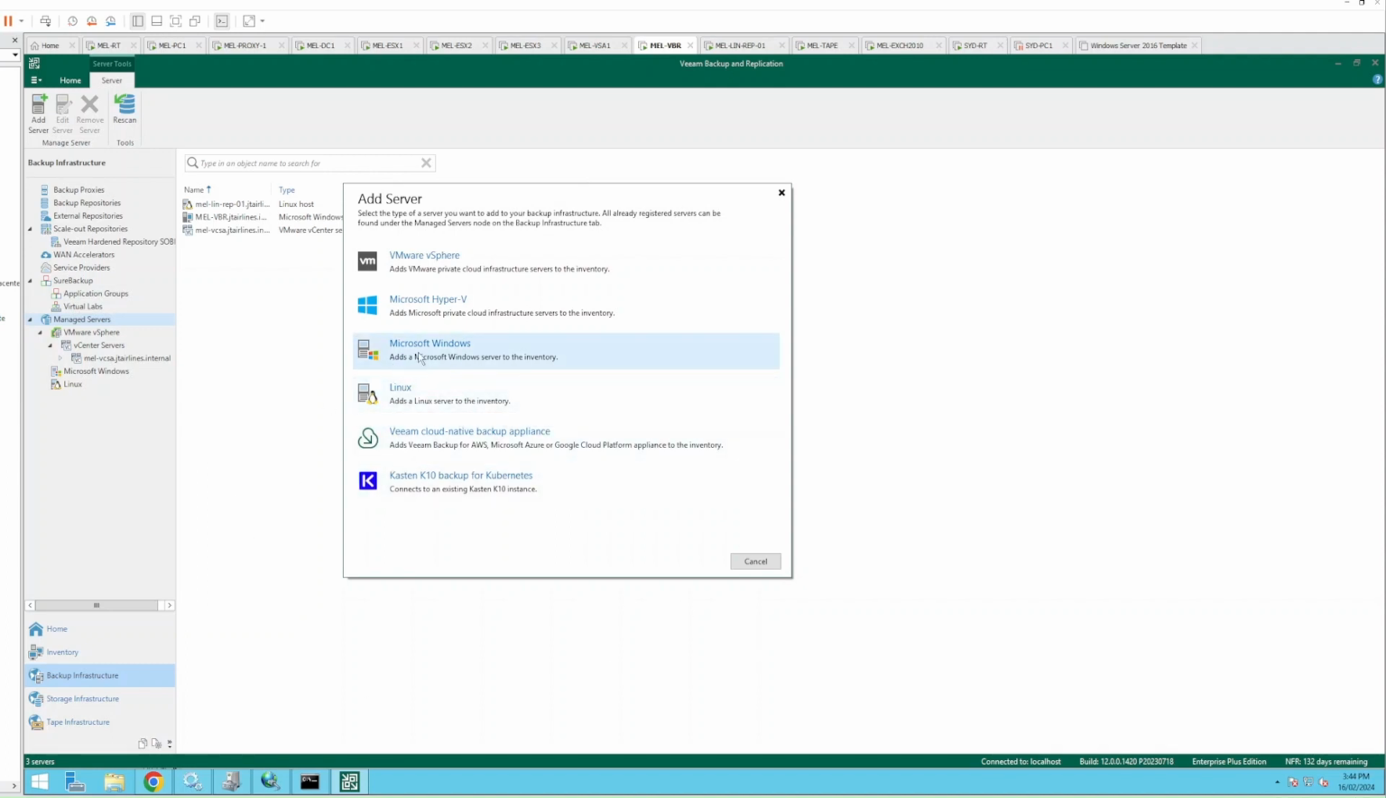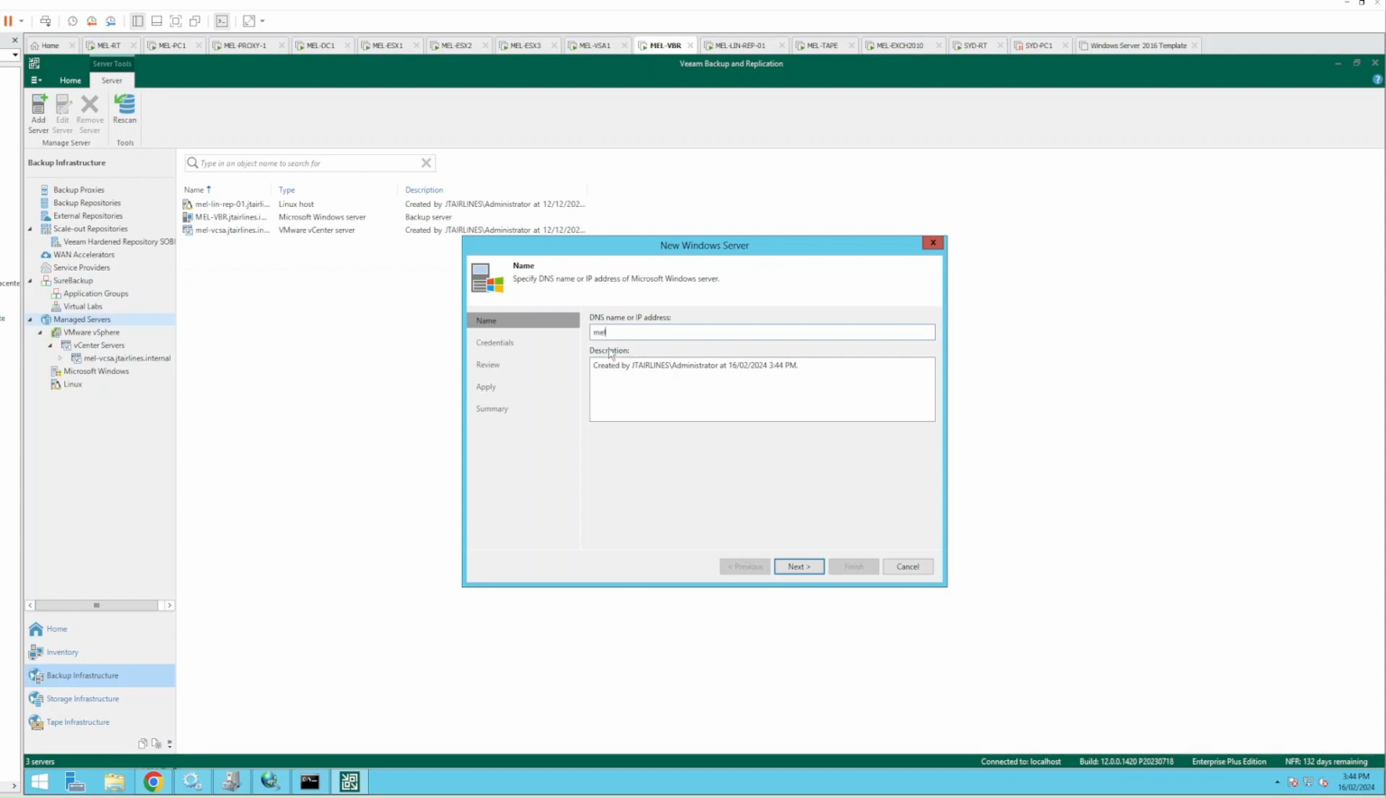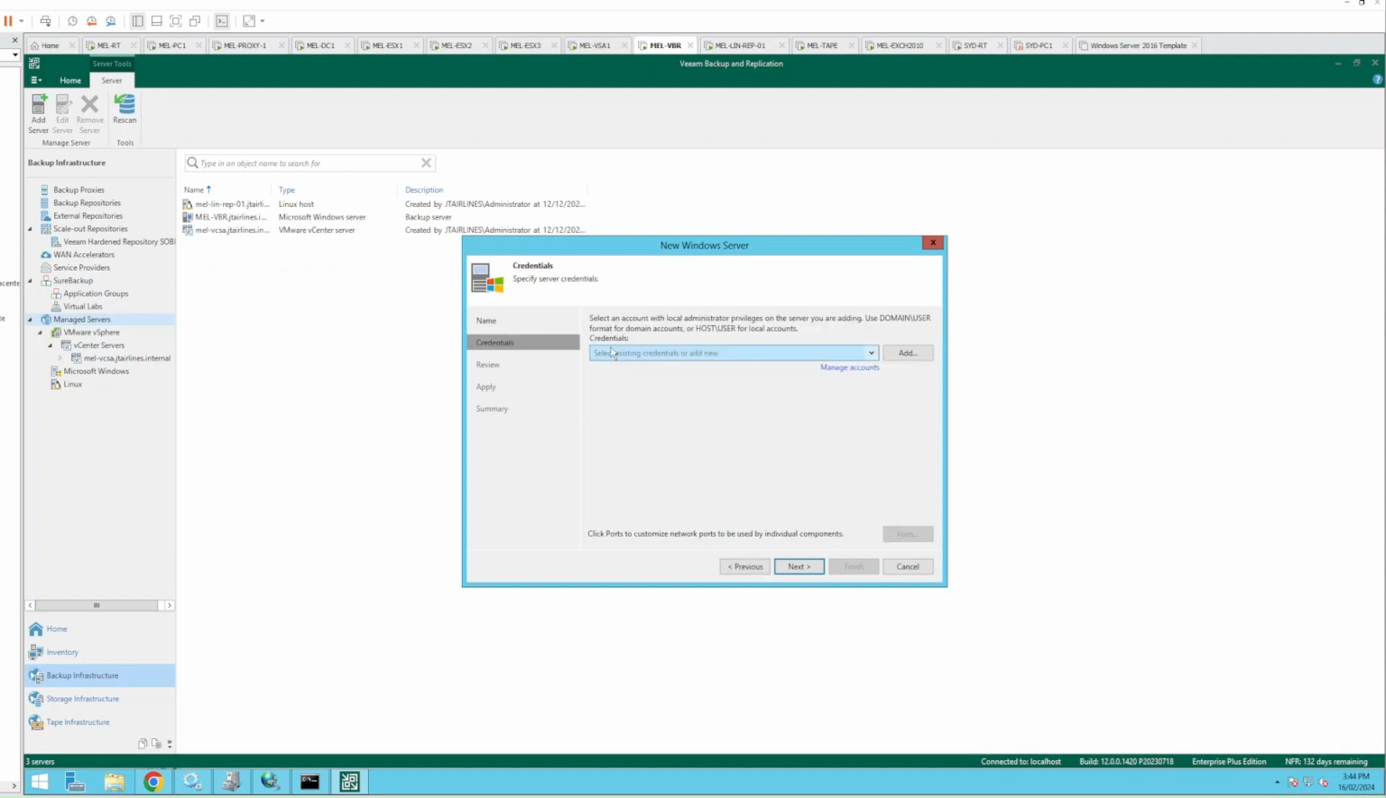So I'm going to add a Windows server, and the server is called mel-proxy-1.jtairlines.internal, and I'm just going to use the existing administrator account. Now, as you'll notice, my environment is all on the domain. That's not typically considered best practice these days for security purposes. We will change this up at some point, and we'll actually take this environment off the domain. So that's the credentials to access the proxy server. Click next,